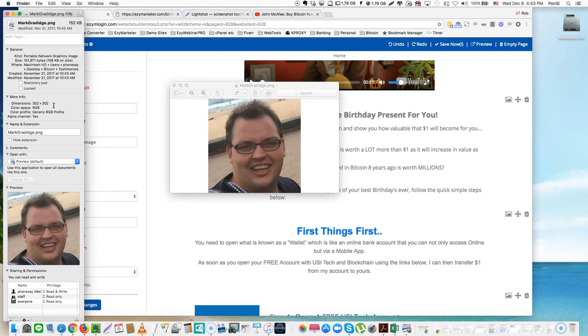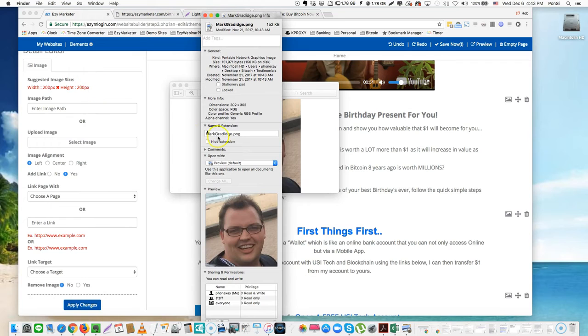All right. Now, if it wasn't square, you would have to then go and create a new image with that. And the reason being is it will distort it otherwise, because see how this is 200 by 200? All right, so let me just go and grab